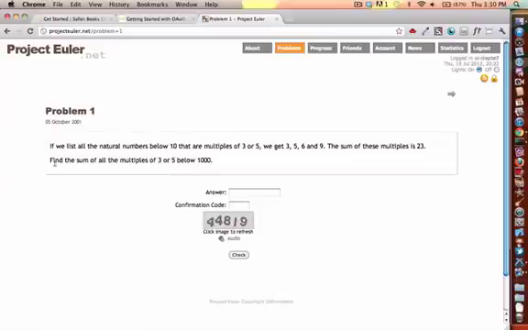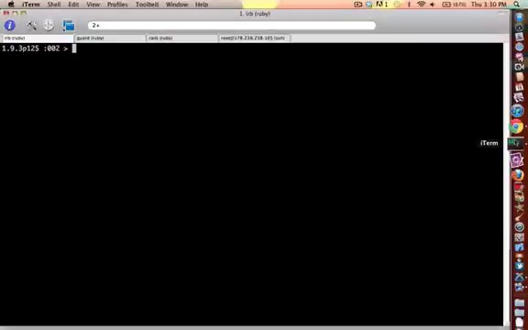For the first problem, it's to find the sum of all the multiples of 3 or 5 below 1,000, and we can take a look on our IRB console. We can start off by making a range and converting it to an array. This will give us all the numbers between that range, and we're going to want to find all that satisfy